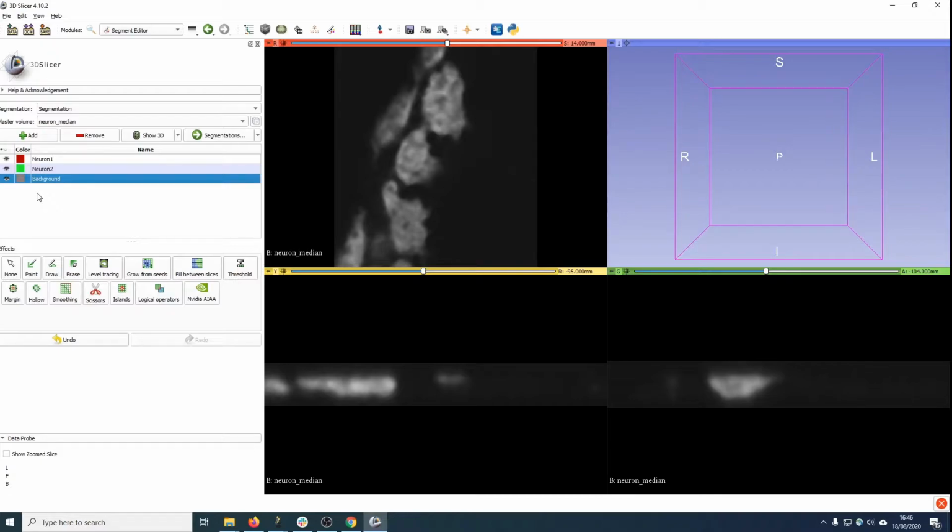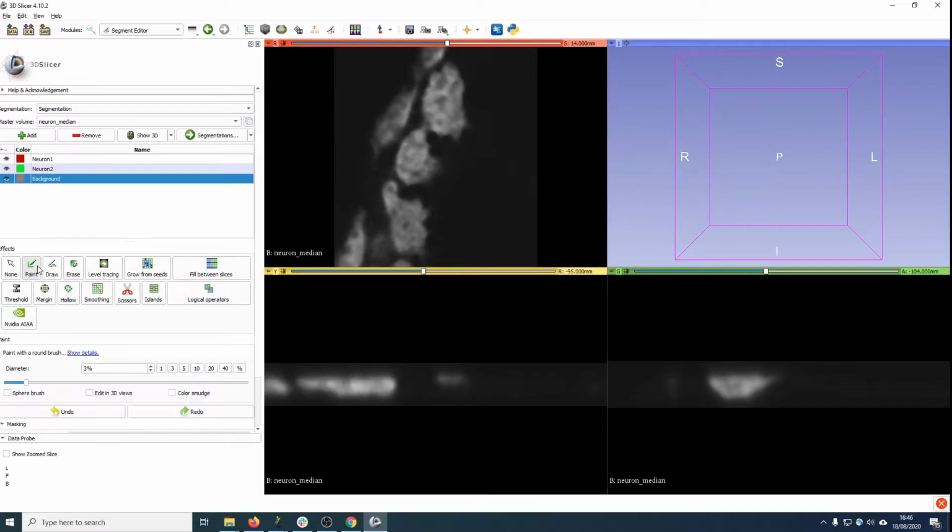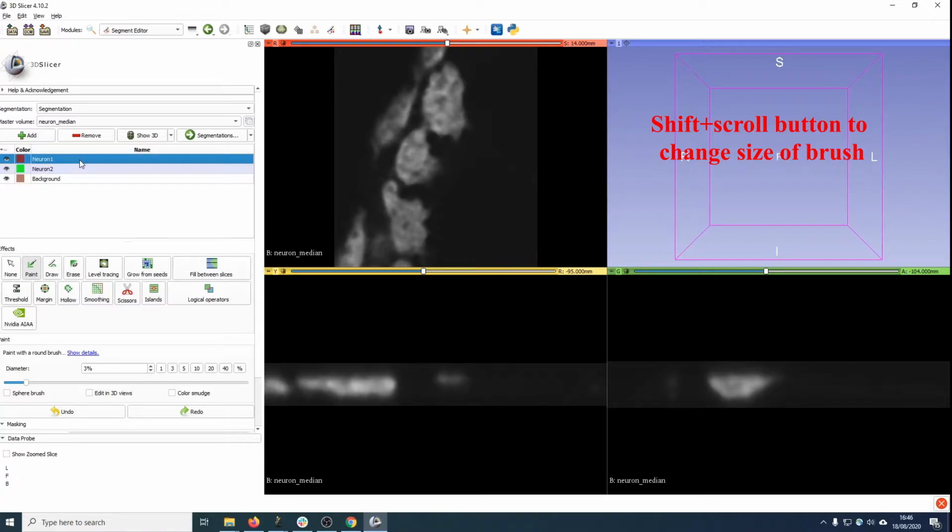So the idea is that we will add a label. I use as few labels as possible and use those as seeds to then fill our object of interest. So we'll have to add a few seeds in different slices and then use this option here. These are the three different labels we've added. And now in order to add the labels, we can use the paintbrush. Over here you can adjust the paintbrush size. Depending on which label you've selected, so if I select neuron 1, then I'll be labeling for that particular label. So just make sure that you select the object you're interested in before you start